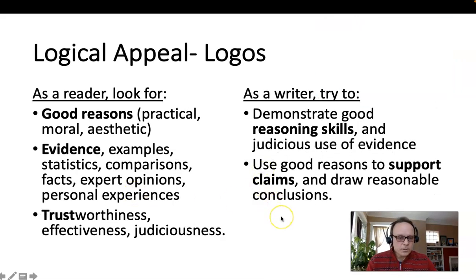Logos is probably the most important one for academic writing. Logos, to me, means the word, I think, literally, from Greek, but it really looks like the word logic. So when you're writing for academic things, whether it's a history class or a biology class, or an English class for sure, you want to appear logical. And so the best way to do that as a reader, you might start looking for good reasons. So you're reading this paper, they're trying to persuade you about something. Do they have good reasons? That's probably the number one thing.